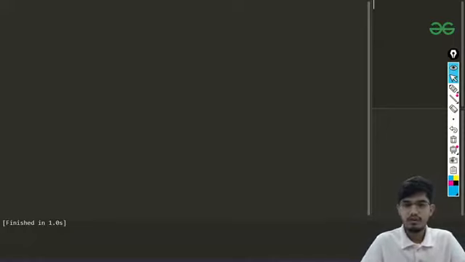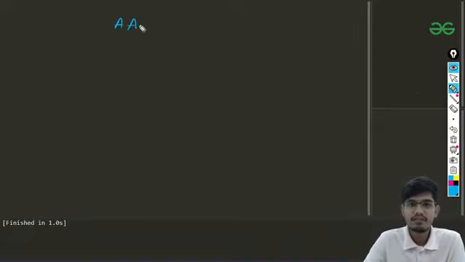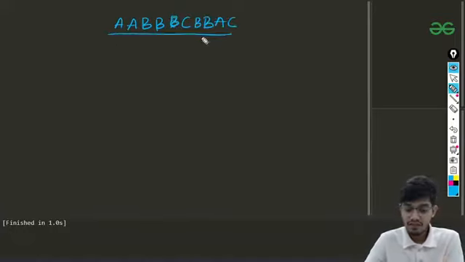Okay. So I hope everything is visible. Basically today we are going to be talking about a very interesting problem. The problem is that we'll be given a string, and we can take that string as something like this. I'll explain the problem with an example. So this is B, this is C, then double B, AC. In this string we need to find the smallest substring which contains all the characters that are present in this string.